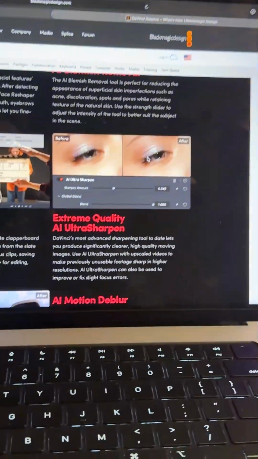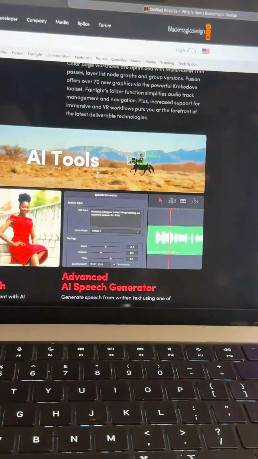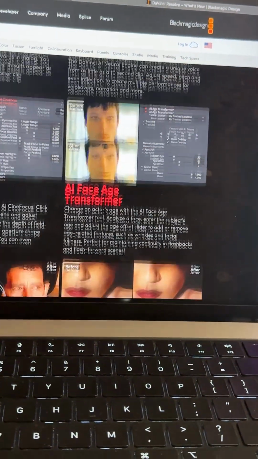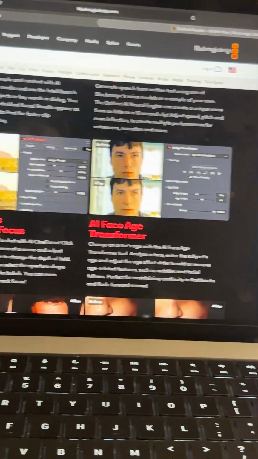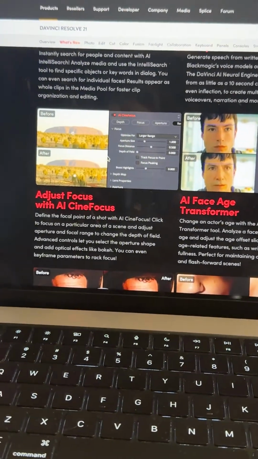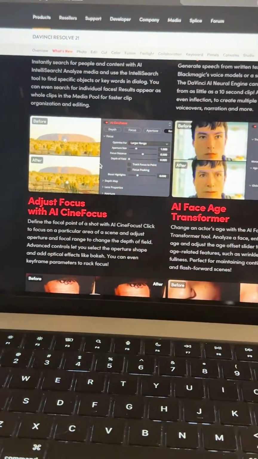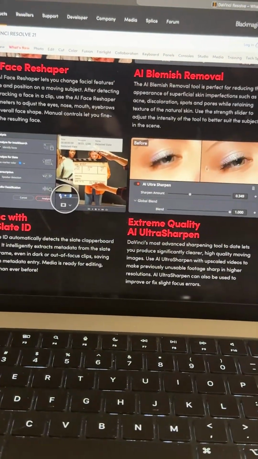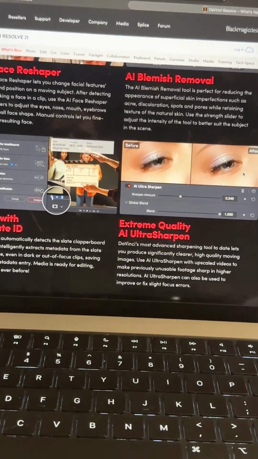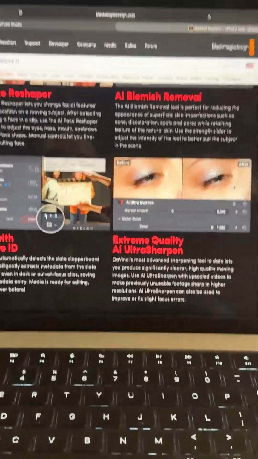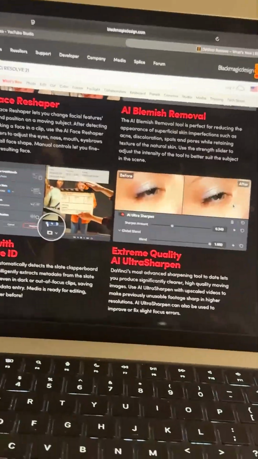The one we had on the top right there is basically for the whole scene, like the whole thing. So this will specifically apply to your subject, like a face or anything.